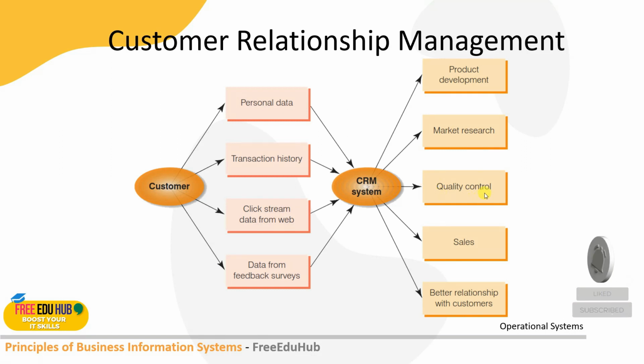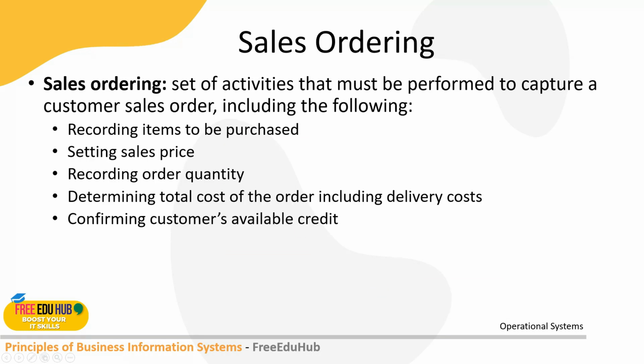Then it's taking care of the sales and better relationship with the customers. Now we have sales ordering. Set of activities that must be performed to capture a customer sales order, including recording of the item being purchased, setting of sales prices, recording order quantity, determining the total cost of order, including the delivery cost, confirming the cost